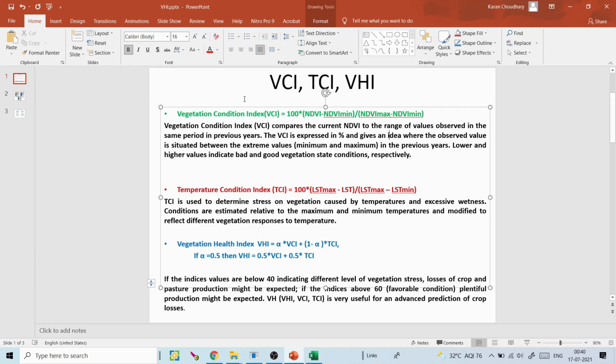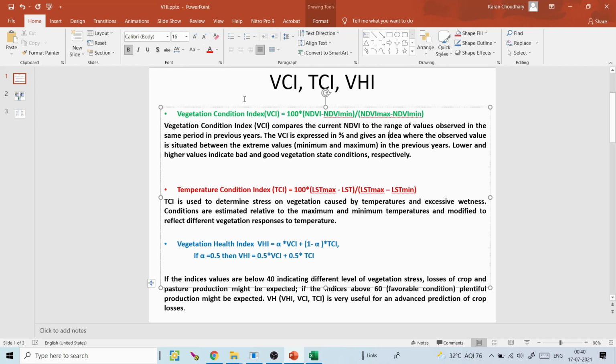Suppose if the NDVI value is high, it means there is a good amount of vegetation or healthy vegetation. Basically, if there is a forest, the NDVI value will be very high. For a scrub, the NDVI value will be low. For water, the NDVI value will be negative. For barren land, the NDVI value is around 0 to 0.1 or 0.2. So basically, a high NDVI value means healthy vegetation exists. If low NDVI is there, either there is no vegetation or there is stressed vegetation.